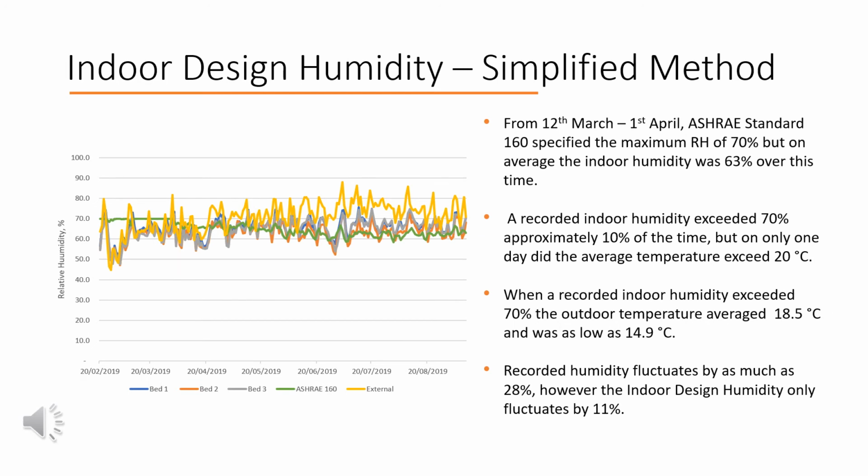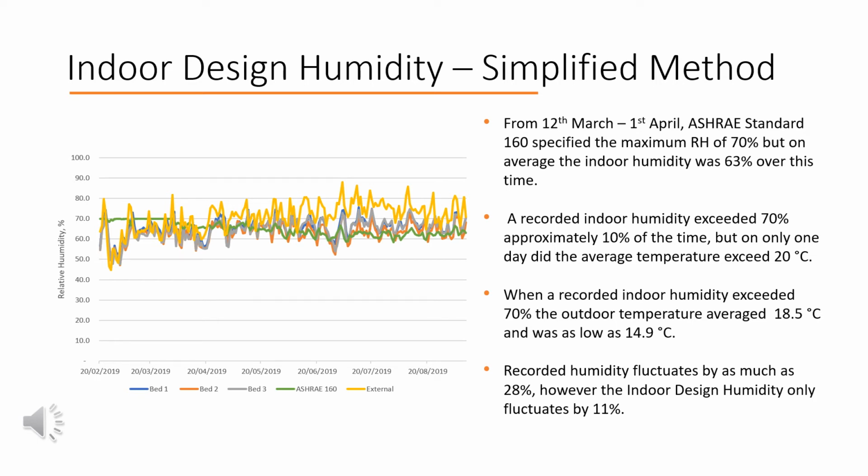So again, applying the formula shown before to the measured data, the following graph is produced for the indoor design humidity and shows the differences between the conditions specified by ASHRAE Standard 160 and the measured data. So just as the indoor design temperature specified an absolute minimum of 21.1 degrees, which results in a variation from the actual measurements, the indoor design humidity is specified to have an absolute maximum of 70%. This is achieved when the daily average outdoor temperature exceeds 20 degrees, and it assumes that warmer temperatures have higher